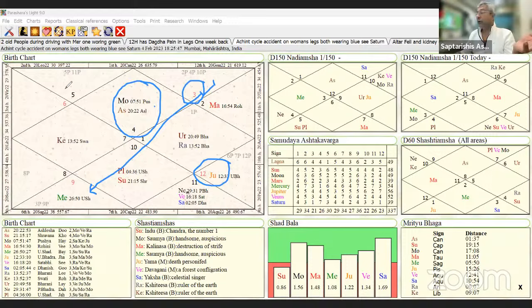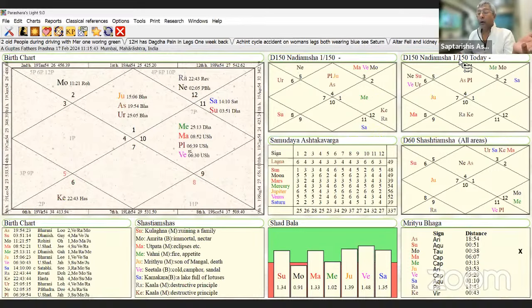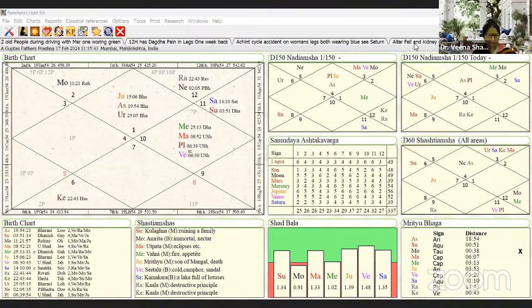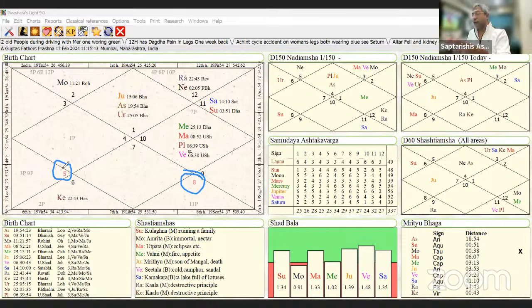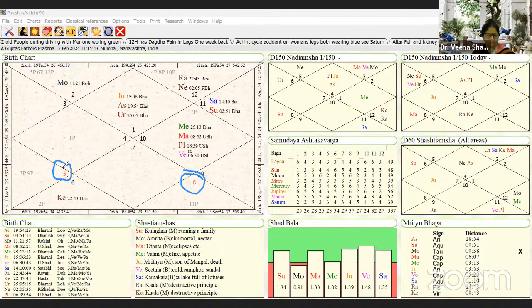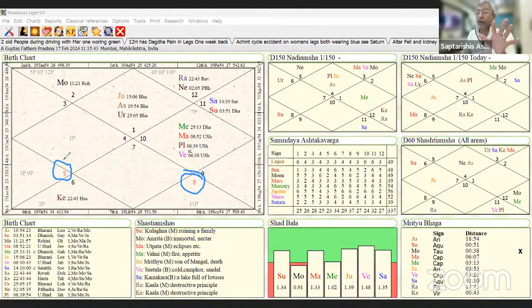Let's take another chart. Which are the Dagdha Rashis? 8, the Scorpio and Leo. Leo and Scorpio. 5th house is mind, 5th house is emotions, 8th house is accidents, 8th house is chronic issues. Okay? Accidents. So what should you first judge? The first thing you should judge is the native might be sad.